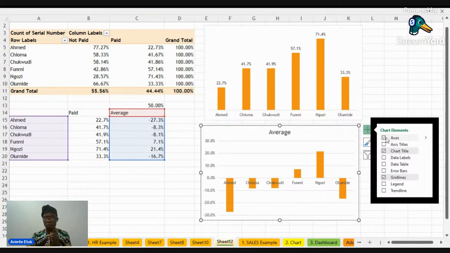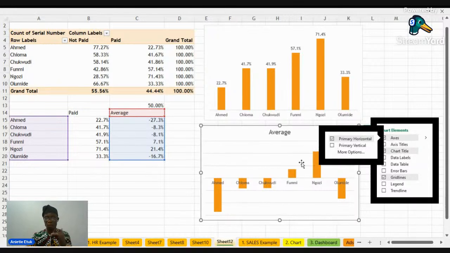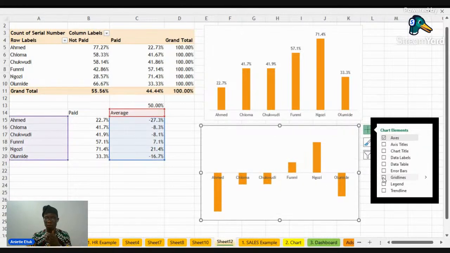Now let's fine tune this to look really professional. So we don't need the vertical axis. After this one, I'll take your questions. Please, 1 minute. We don't need the chart title. We don't need the grid lines. And this axis here, we'll do 2 things very fast. We want to bring this axis down, and we want to change these colors, and we want to add the data labels.